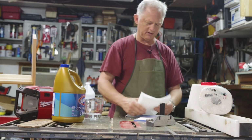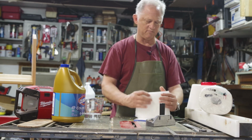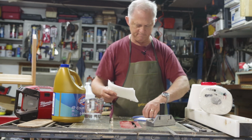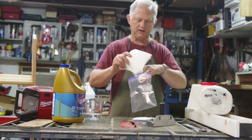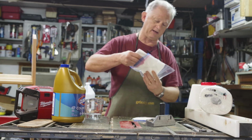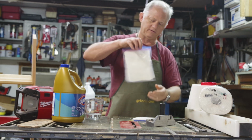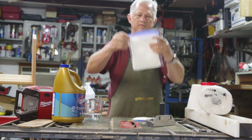So we stack them all up. And I would just go ahead and put them in the bag. And these paper towels are pretty absorbent. They hold a lot of liquid, but you don't need them to be dripping wet. So I slip them down in there, make sure that you've got them far enough in that you can fully zip it,